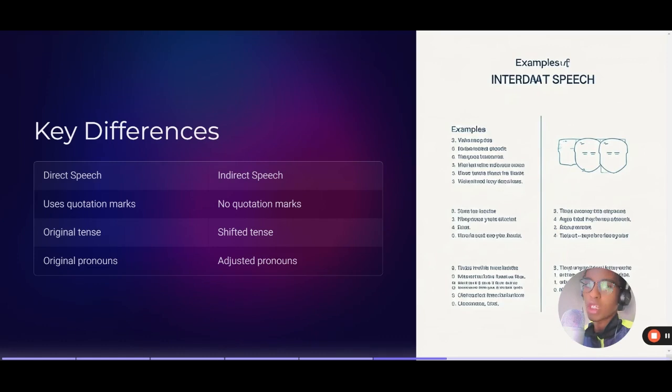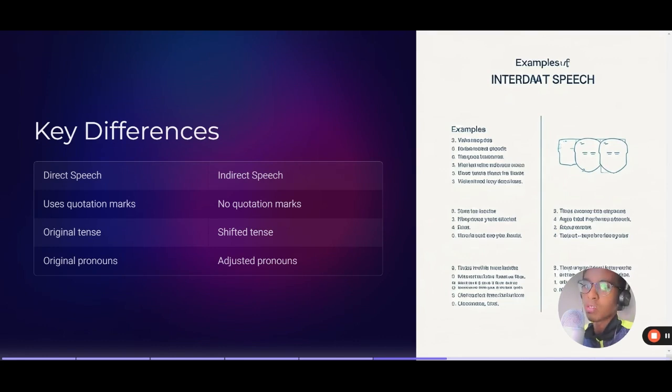Lastly, there's punctuation. Direct speech requires careful punctuation with quotation marks, commas, and sometimes question marks or exclamation points inside the quotes, like, "I can't believe it," he exclaimed. In contrast, indirect speech does not need these punctuations because it's more about the context rather than the exact words. By keeping this difference in mind, you'll find it easier to navigate between direct and indirect speech and use them effectively